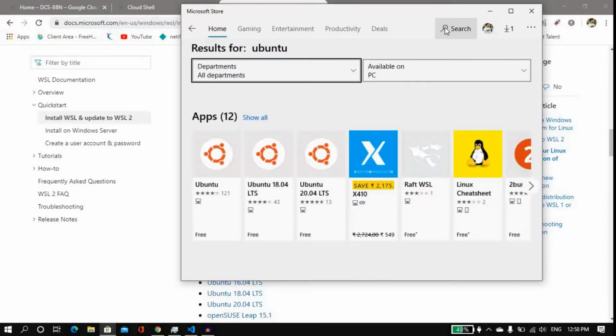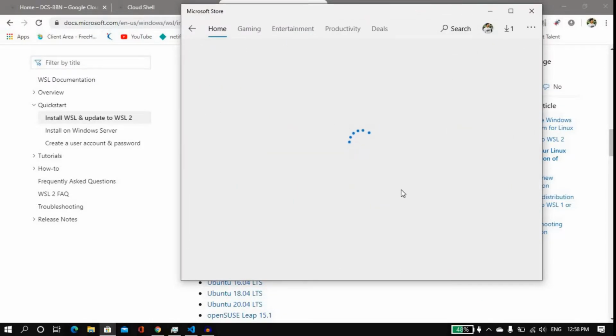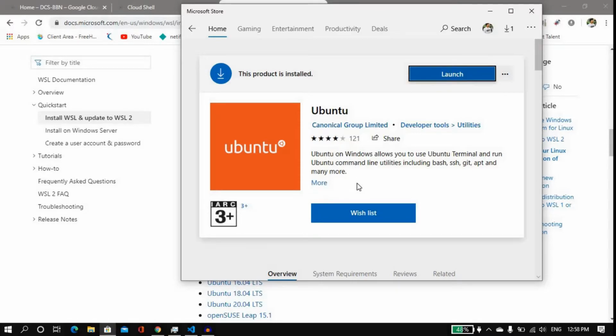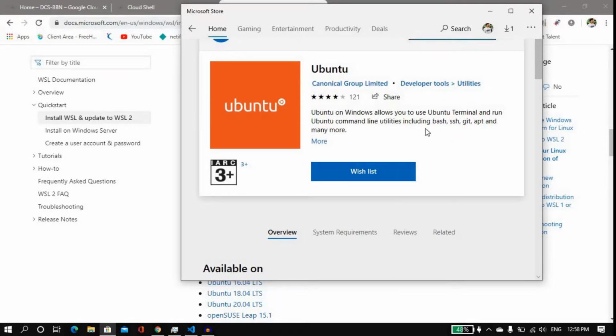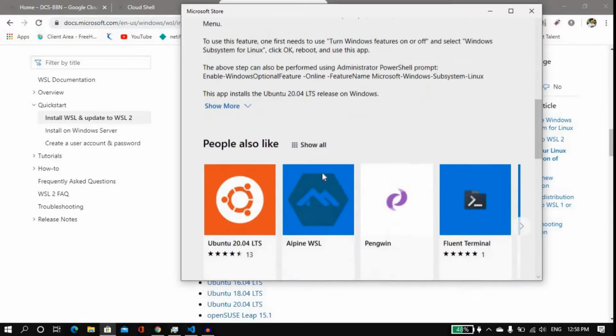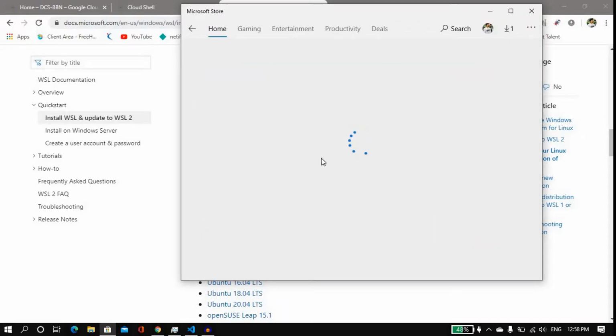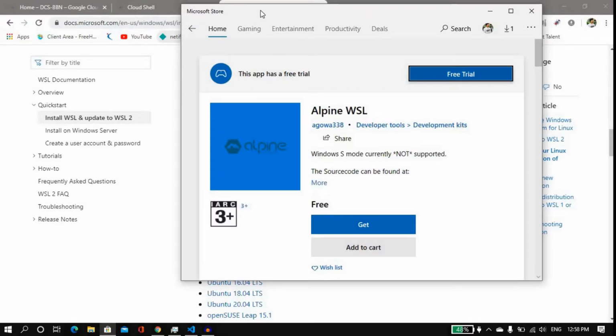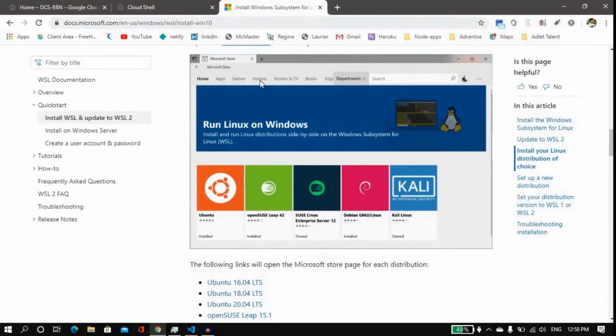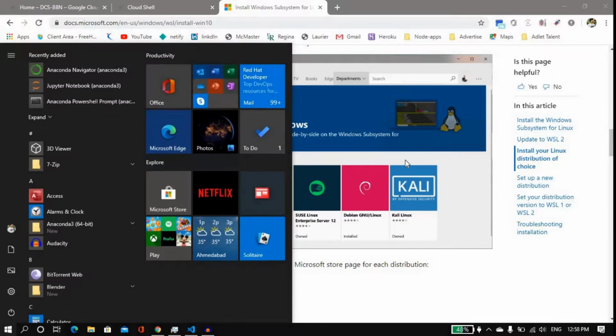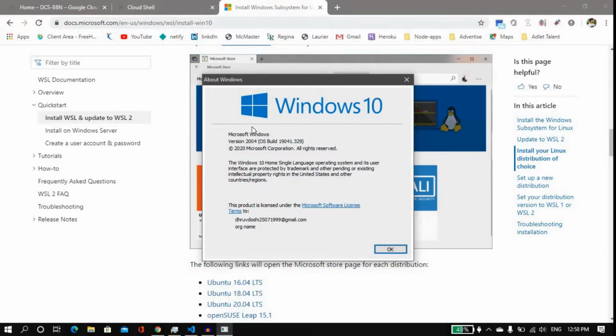Along with that, I'll suggest to go with Ubuntu as the distribution. As the distribution, LTS 20.04 would work best. So it would be included with bash, SSH, git, apt, and all of the stuff. So I use this for my usage. Along with that, Alpine WSL is a great solution for that too. So you can go with any of these two, I guess. Along with that, I'll use Windows Terminal or Command Prompt, whichever you like. You can use it. You need to have the 2004 version to use Docker.